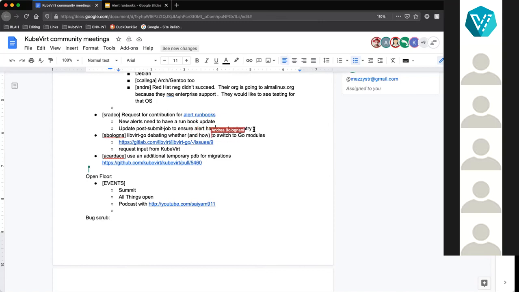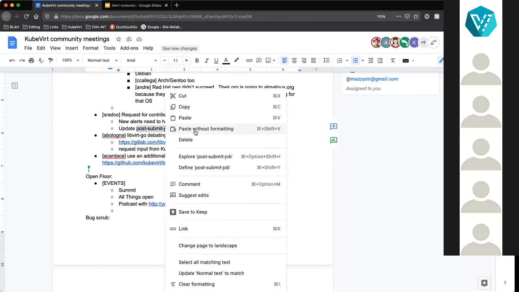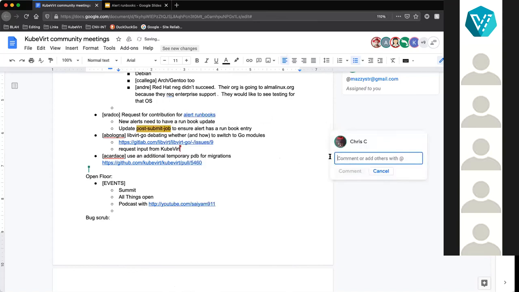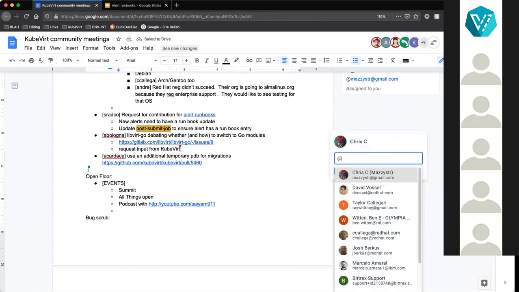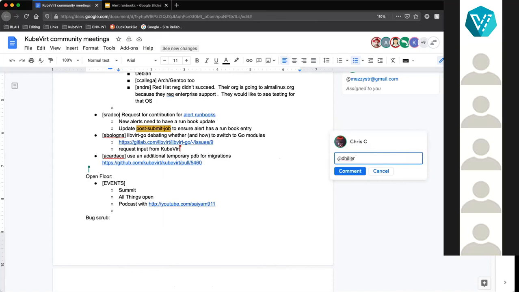Yep. I could imagine an integration test that scrapes the metrics endpoint and checks if every entry has a runbook. Would that work? It's not even in the metric. You just need to do that on the alert definition. Oh, okay. Yeah, then it's easier. It is also possible to unit test the alerts. Maybe that could also be useful to add to CI. There's this promtool thing. I put a link in the chat. That could be useful too.